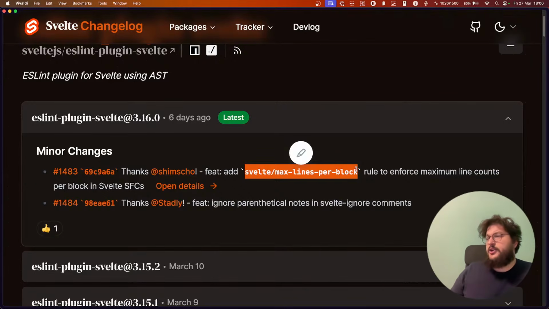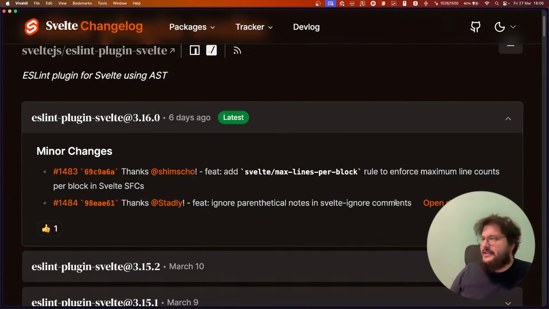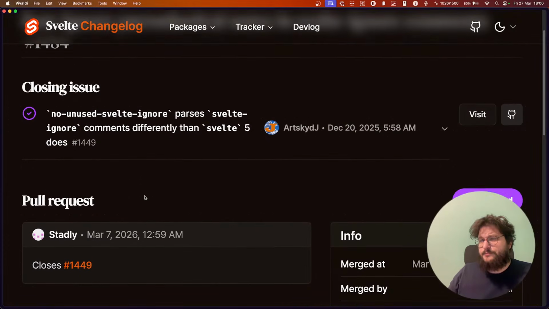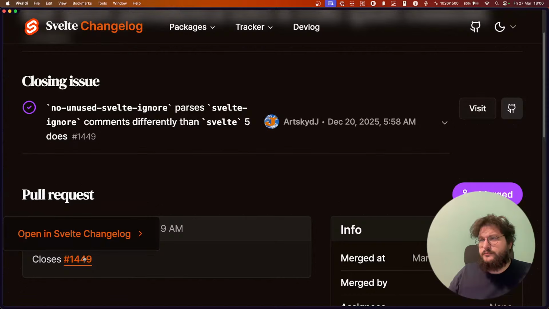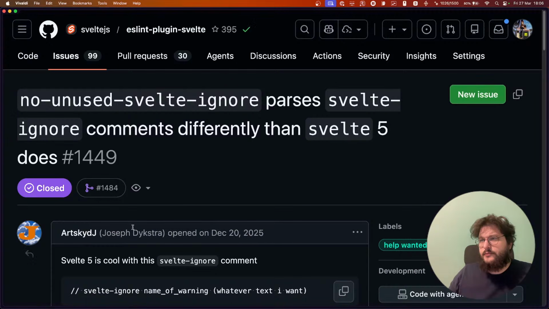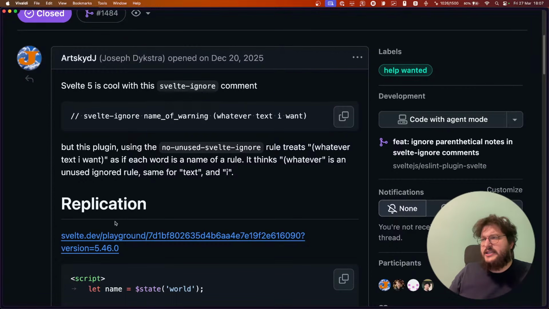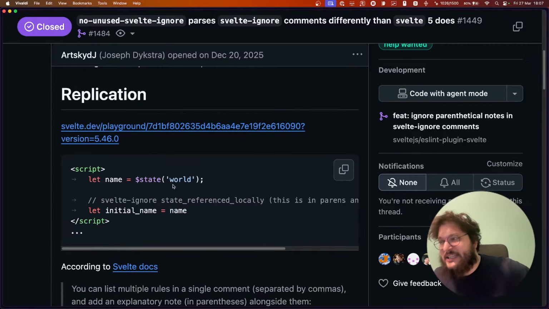There's also a fix to ignore parenthetical notes in Svelte ignore comments. Okay, I think this is nice because, if this is what I'm understanding, Svelte 5 is cool with this, but this plugin is using no unused Svelte ignore.